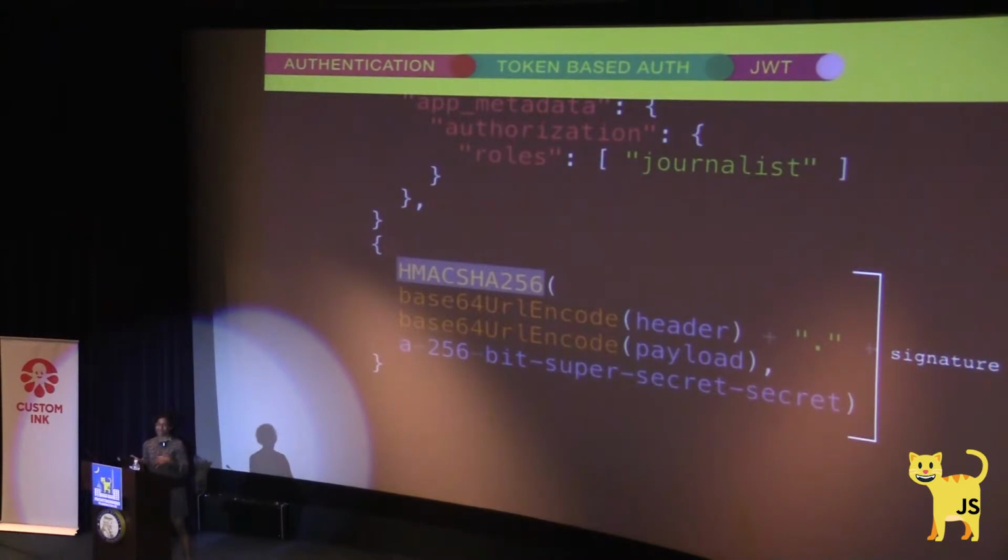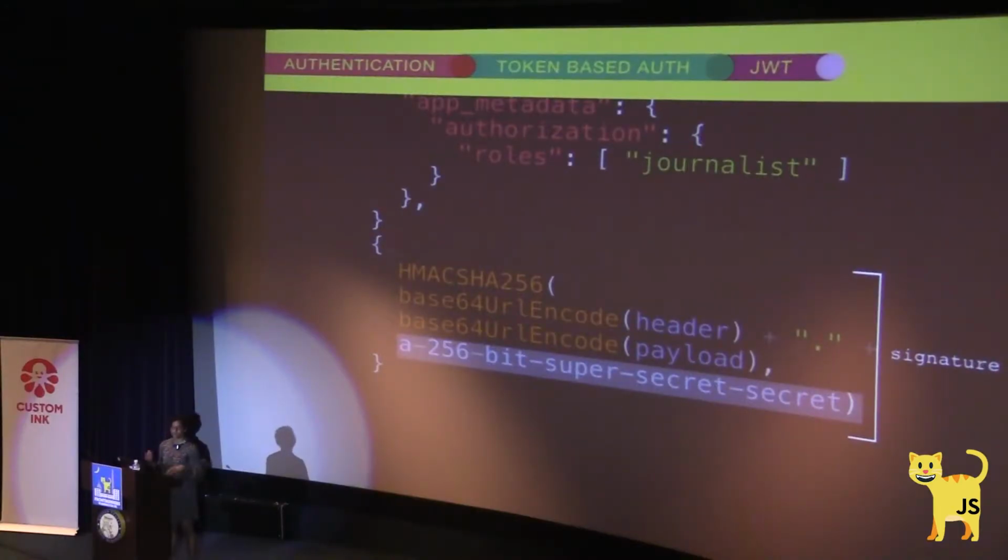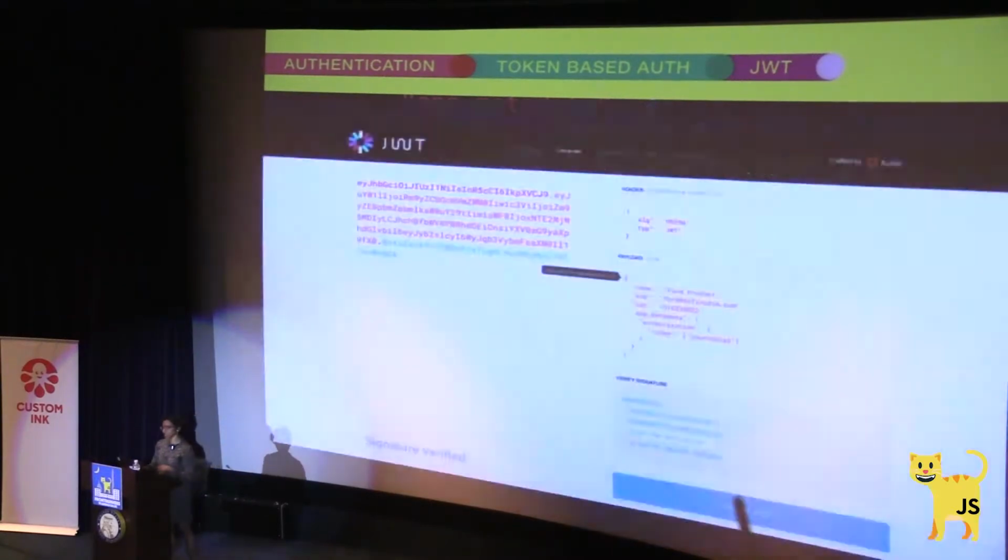And so the third part, which is kind of the meat of the whole piece, is signatures. And signatures is how a token is signed and what makes it authenticated, or encrypted actually is the proper word to use here. And so I'm using HMAC SHA-256, which is actually HS-256. HMAC SHA is just the longer way of saying it. And that essentially takes in a header and a payload, which is what we passed in earlier. And then it has a secret as well, a super secret, which you can create, whatever secret you want, as long as you share that secret with your server so that your server can decode your JWT for permissions.